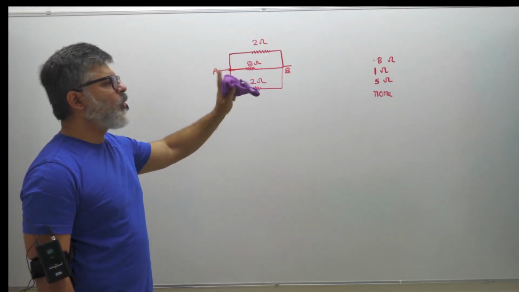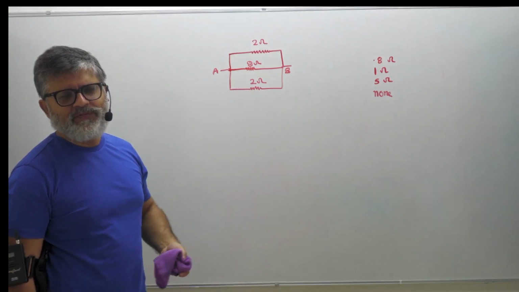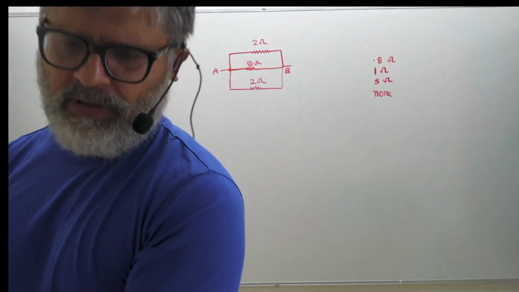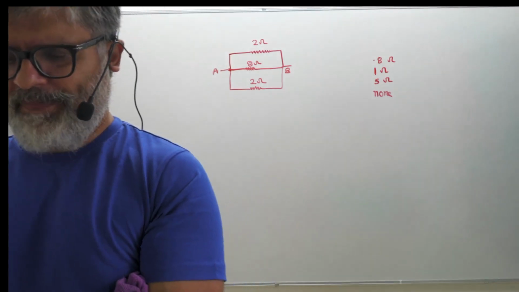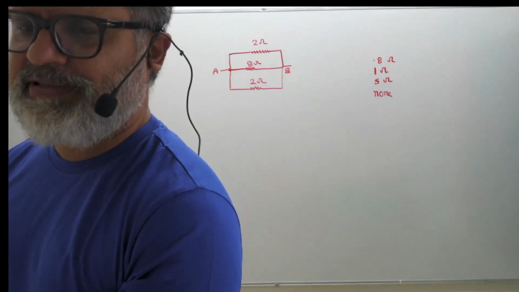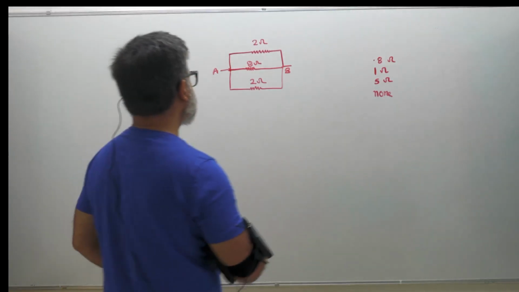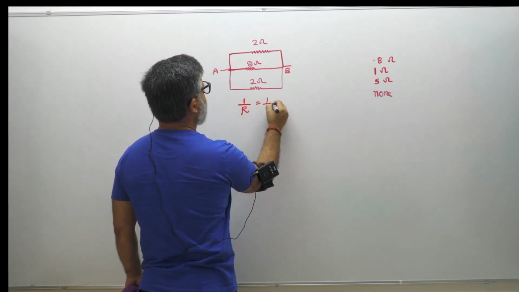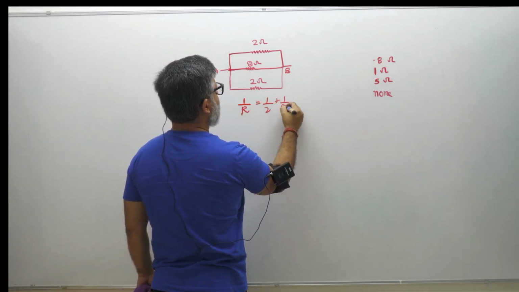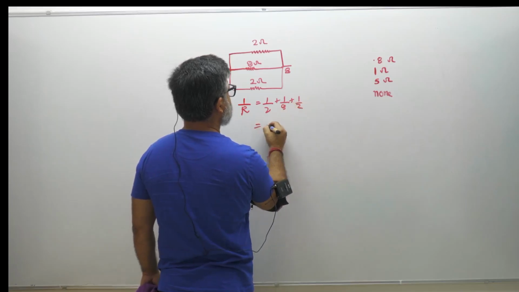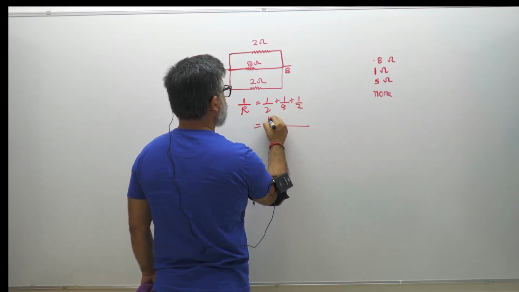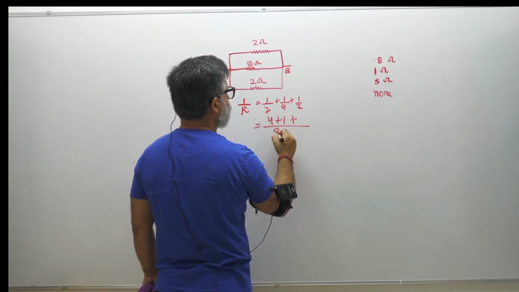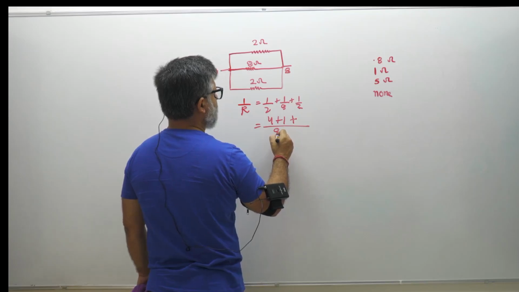You could have done it quickly if you had understood the meaning of the word grounding, right? That was the only difference I think that should have been understood. Now, if you notice, it's a very simple circuit now. So 1 by R is equal to 1 by 2 plus 1 by 8 plus 1 by 2, is equal to 8. 2 fours are 8, ones are, and 2 and 4s are, right.